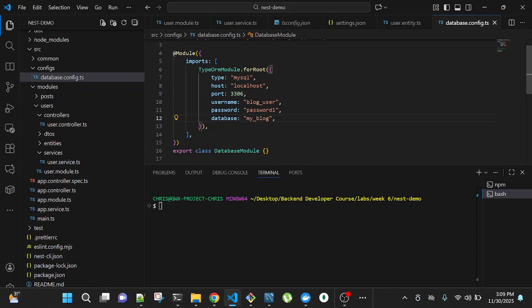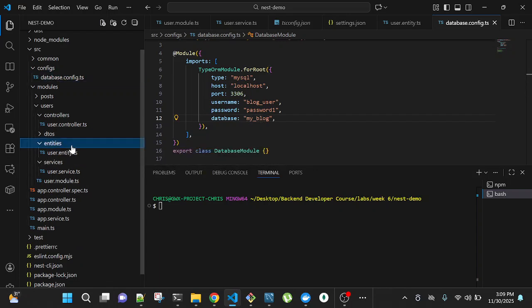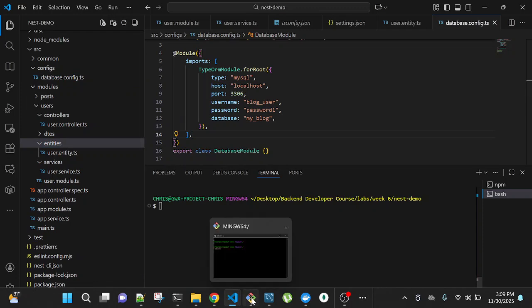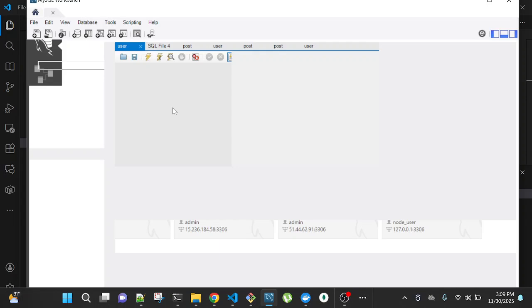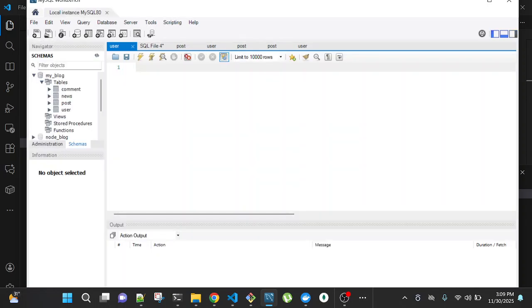All right, so I think what I'm going to do now is I'm not going to connect to the same database. I'm going to create another database, and connect it to this one, because I don't want whatever entity configuration we're going to have here to override what we have already. So let me create a new database on our local instance.